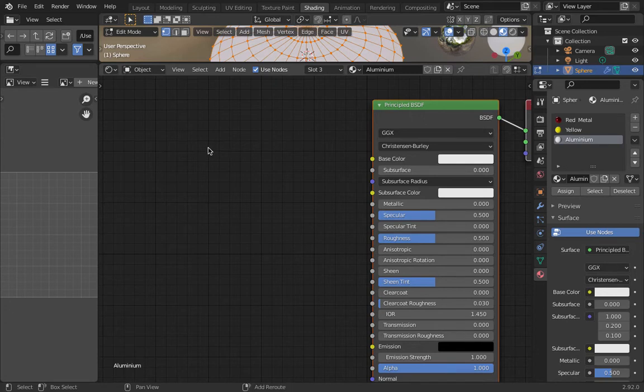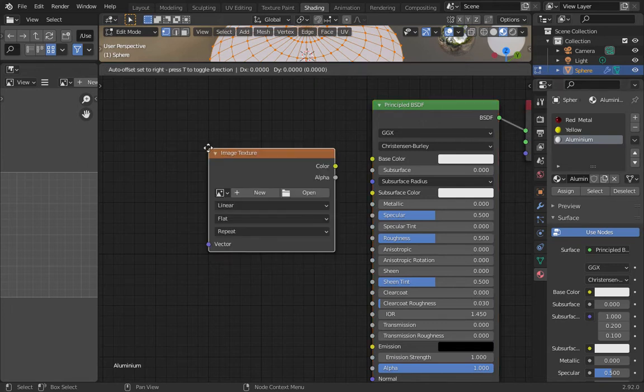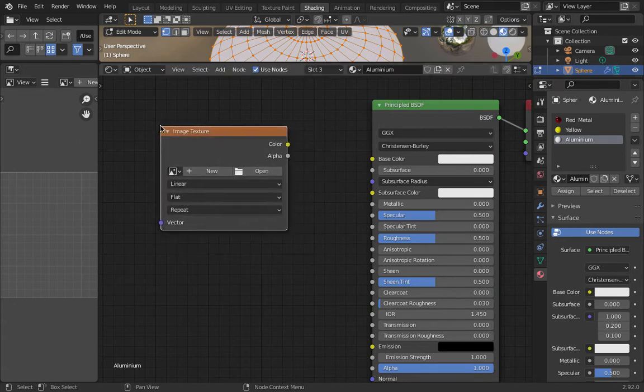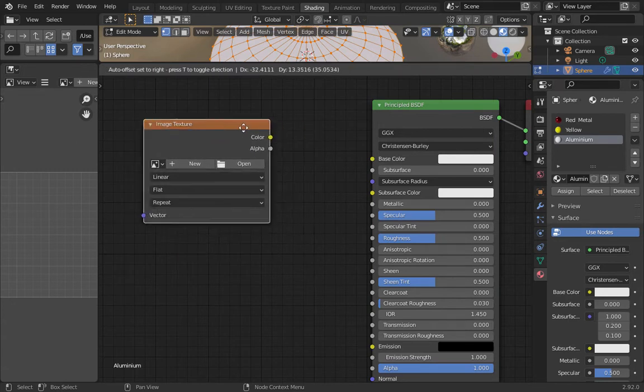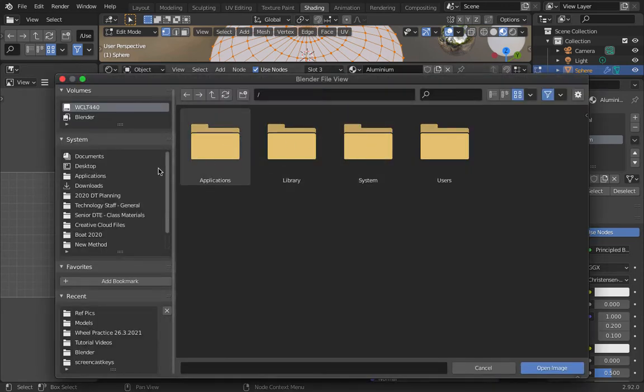So I typically go Shift A, search, because I can't be bothered finding it. It is something I can find, but I'm not going to go looking for it. And I type image texture. IMG is usually enough, and I push enter. And this box is where I can open up image textures. So I'm going to start by going open, and then in my year 11 folder, because that's you guys that I'm teaching to,